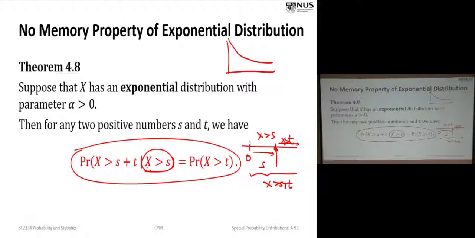So in other words, I don't care whether you have survived the t or not. So everything starts fresh, all right? So that's what we call memorized properties, all right? Not too many distributions have these properties. For other distributions, this is not true, all right? So here,